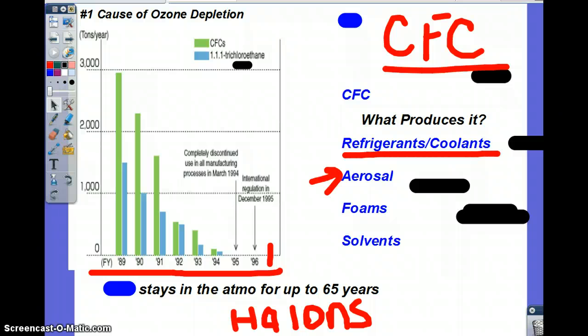So we banned CFCs, good thing, right? Obviously somebody said this is a serious problem, we better get on top of it. The problem is, this compound, chlorofluorocarbons, does not break apart. Nothing reacts with it. So it lingers there, and it could stay there for a long period of time. So it's a big deal. We can't pour things out into the atmosphere so that CFCs will react with it and break apart. They're just there waiting to deplete ozone.